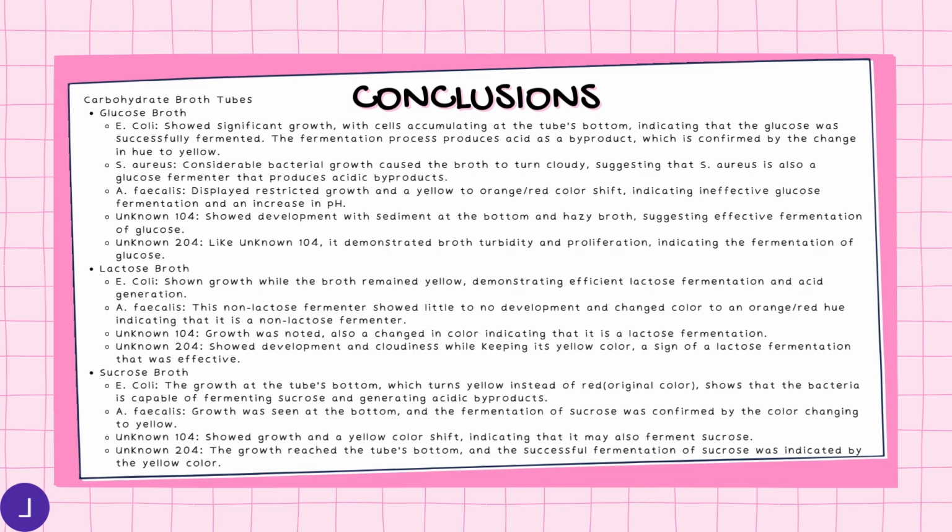A. faecalis is a non-lactose fermenter because it shows almost no growth in it, and it did a little change in color to an orange, kind of red hue, indicating that it's a non-lactose fermenter. Unknown 104 shows growth, also it didn't change in color, and this shows that is